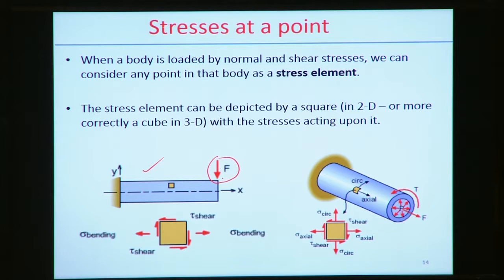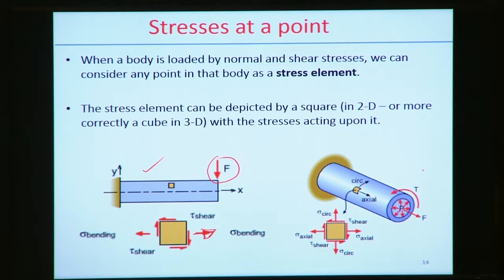Here, if you see, with the application of the load, there will be some normal stress acting, that is acting normal to the edge. In this case it produces the bending stress, but it is normal to this edge. But at the same time it will create shear stress also, that is acting parallel to the edges. So that shear stress we can define here. With the combination of normal stress, that means bending stress, and shear stress, we consider this as a stress element, and then we can further analyze the maximum stress or minimum stress like that.